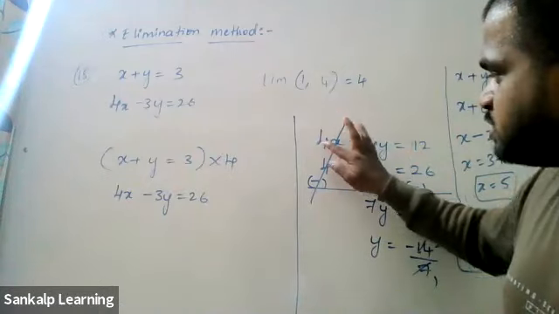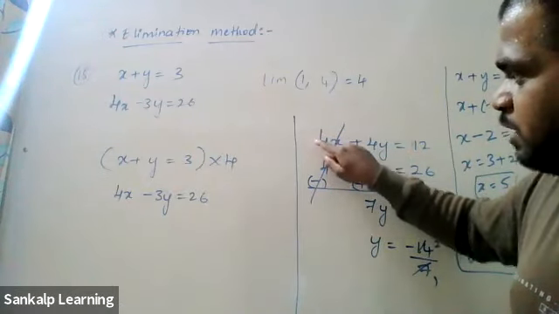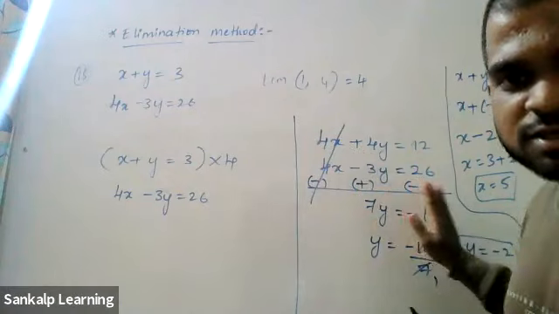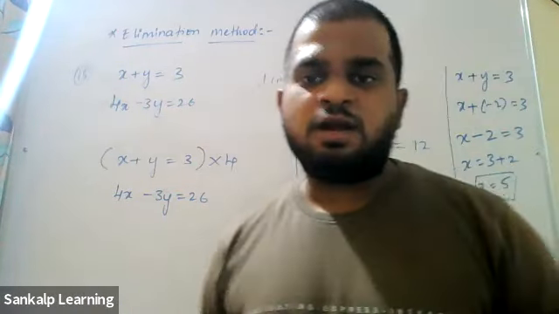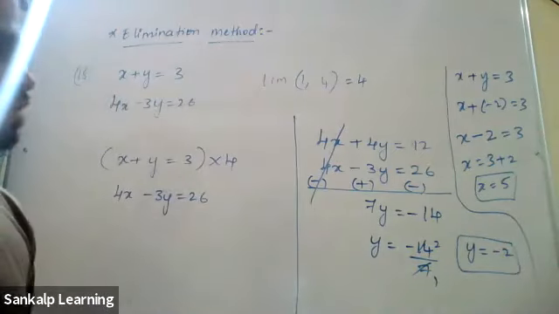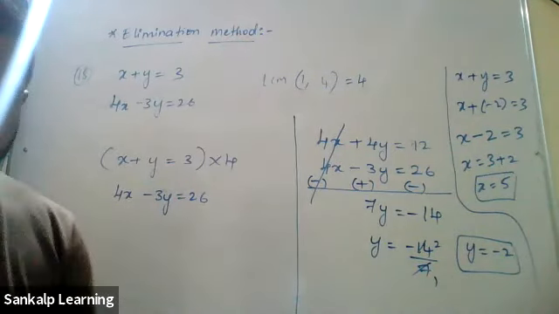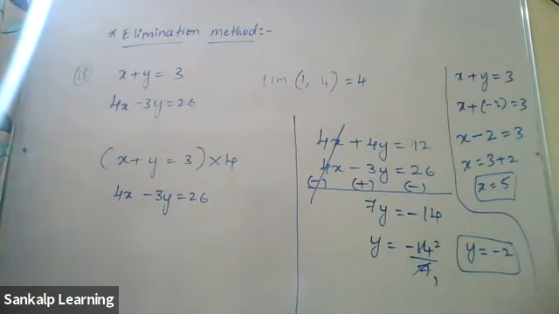Very important step is, if both the numbers have got the same sign, here plus, here plus, then change the sign. If both the numbers have got different signs, don't do anything, proceed further. Let's do many examples so that you'll understand. Please do this. I'll give one more problem, okay?